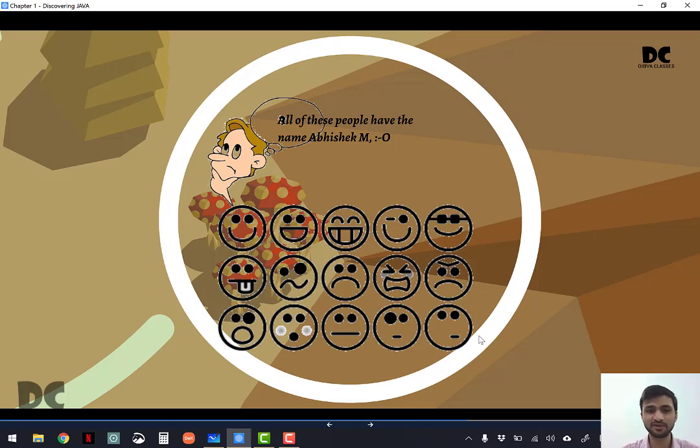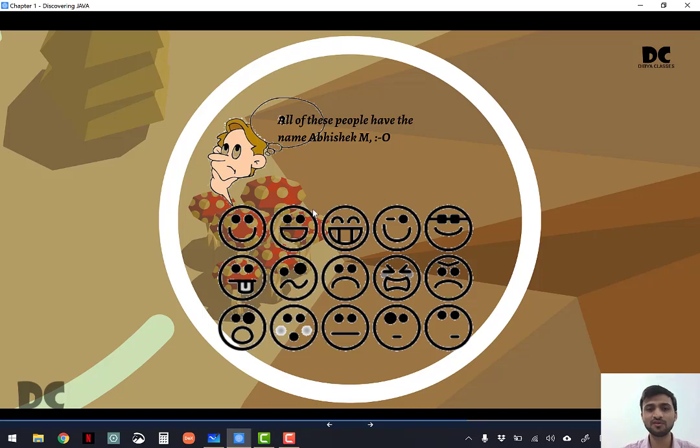So this represents 15 because they might have the same name, but they have different facial expressions. So here it is overloading. Why is it overloading? Because all the 15 have the same name.